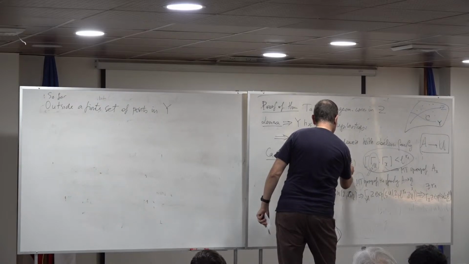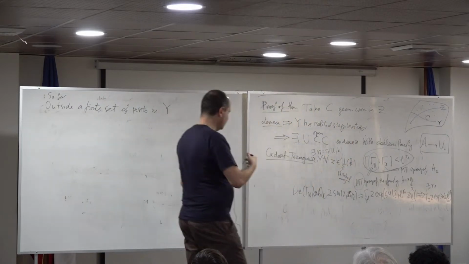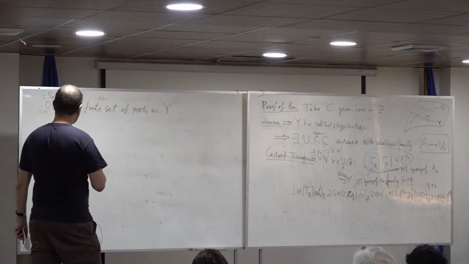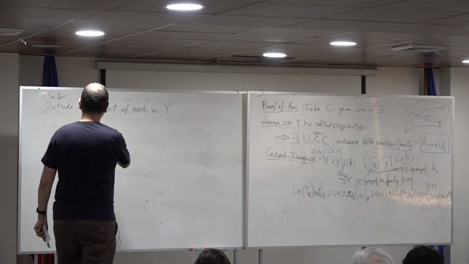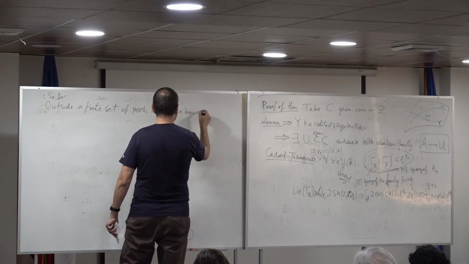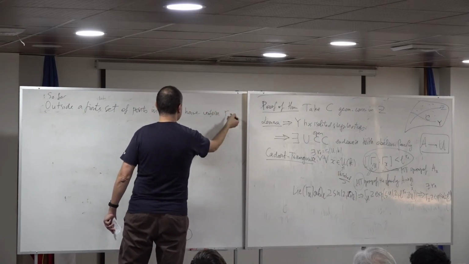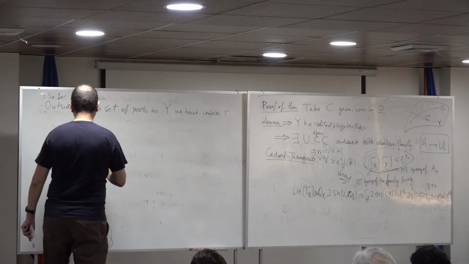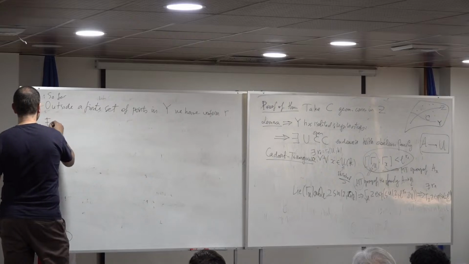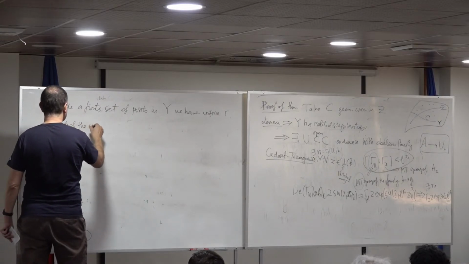So this U is probably shrunk; I mean, U is open in our curve. So outside a finite set of points, we have uniform R, uniform boundedness,